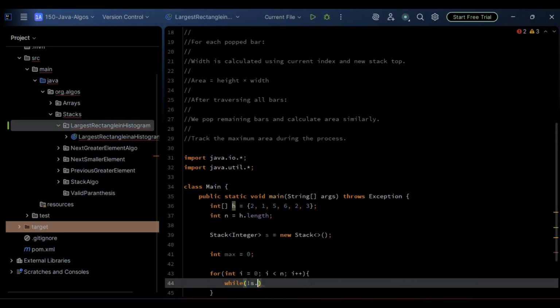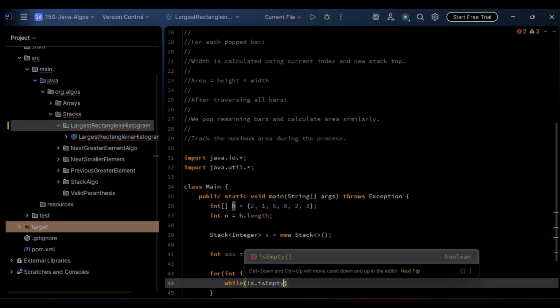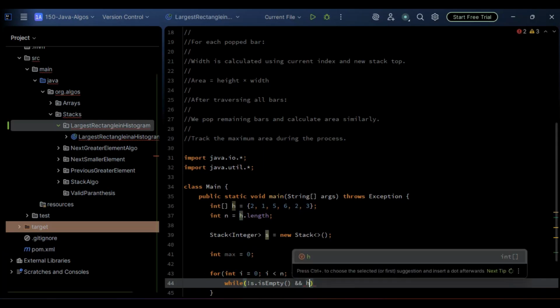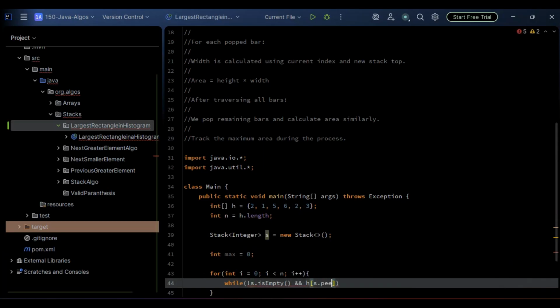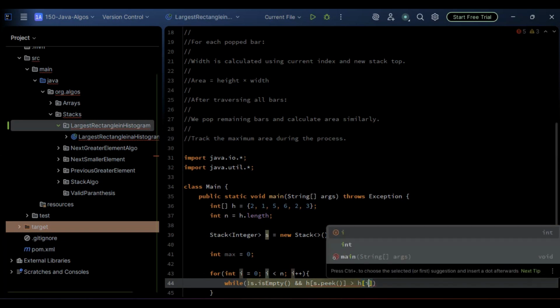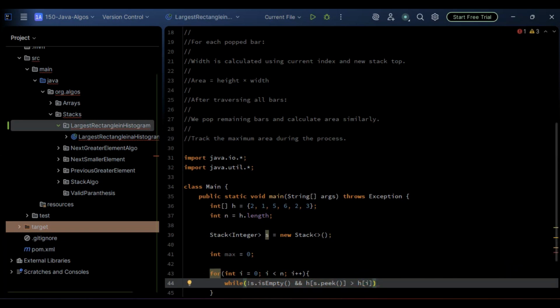So I'll just go with s dot is empty, and h of s dot peek actually. So this is fine. If it is greater than h of i,